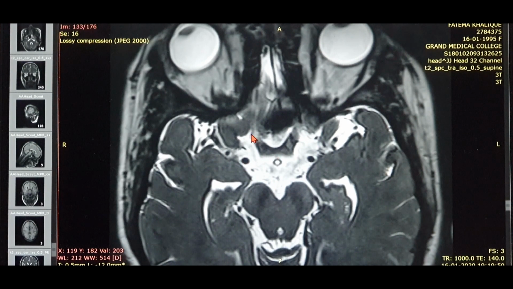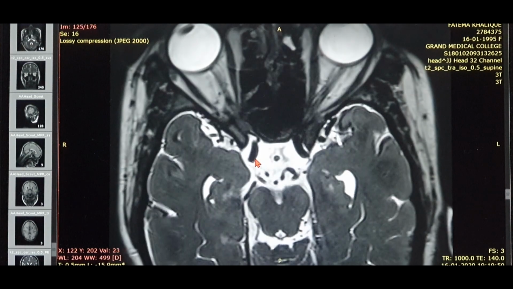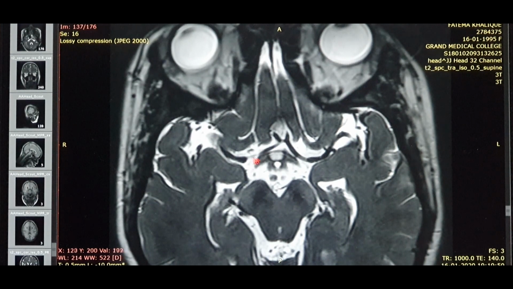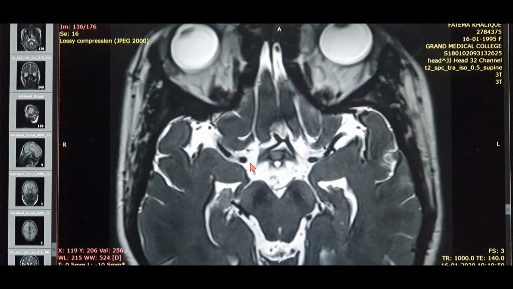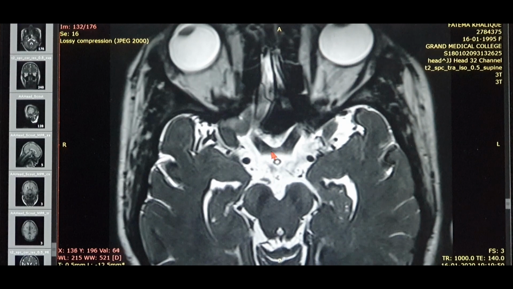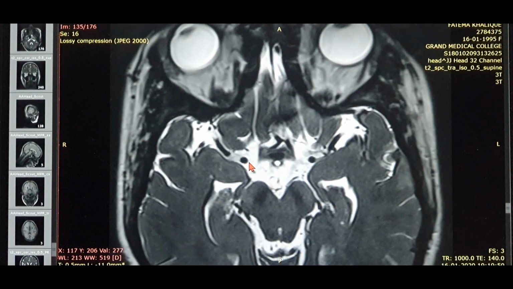So just pay close attention right here. We have already reached the level of the optic chiasm and the optic nerve. So somewhere around here, the internal carotid artery will start dividing into two. As you can see over here, just follow this internal carotid. If we go slowly above, this is the optic chiasm, the level of the optic nerve. So somewhere around here, the internal carotid artery should divide,